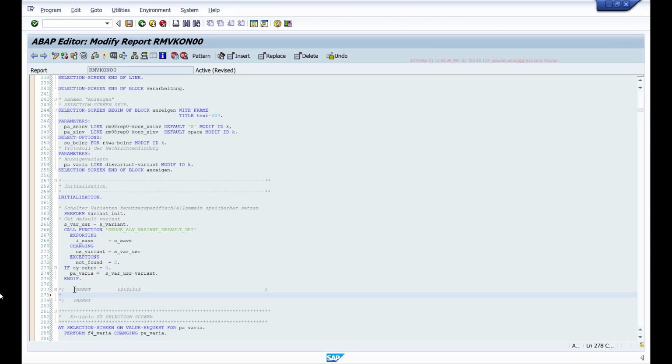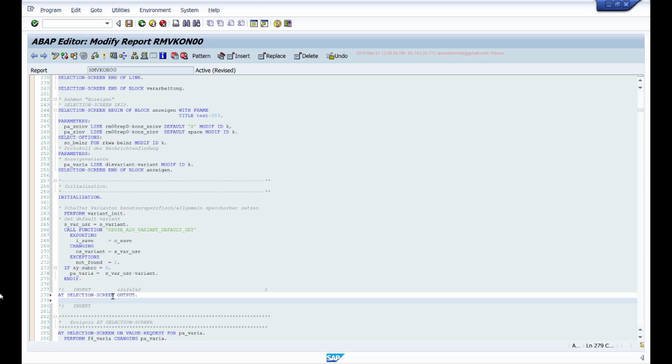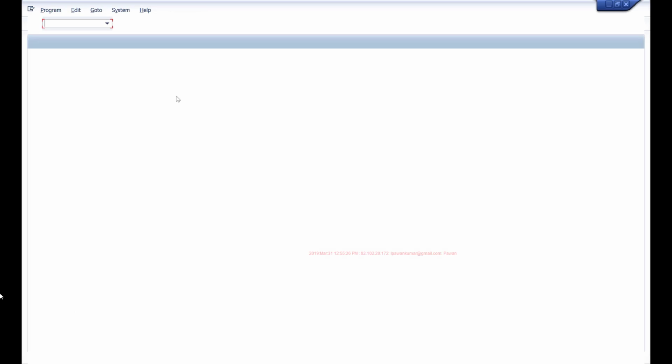It will open this, and here you can write your code. Let's say at selection screen output, if screen name equals to, let me quickly see the field name.